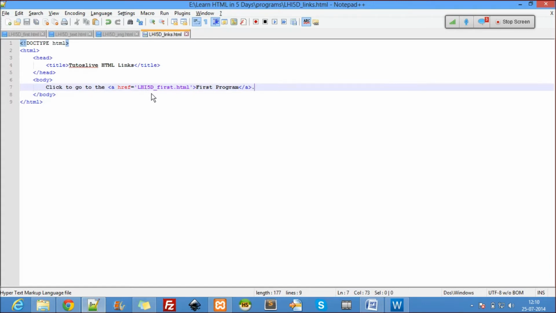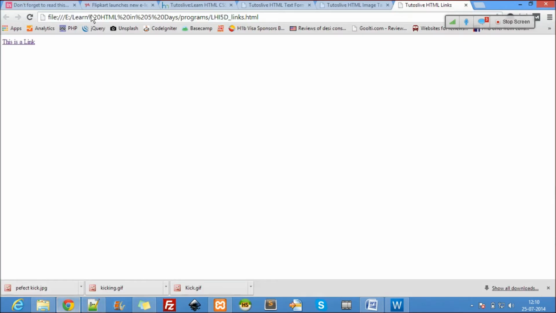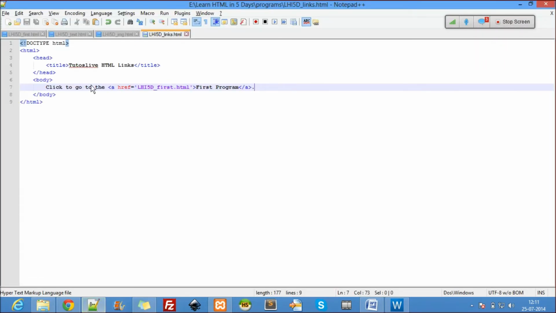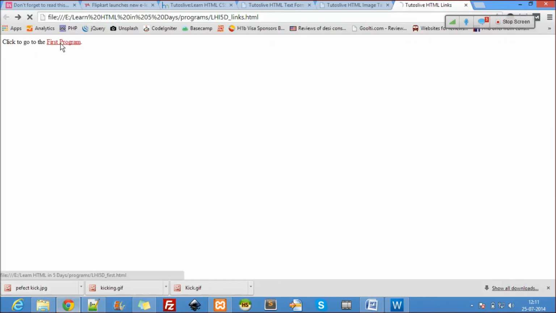Alright, let's just see here. I refresh this. Okay, it says click to go to the first program. I click on it, and it went to the first program. So I have to specify clearly where I should go when I click on this. That is what the href stands for. Href is a reference location. Where should I really go when somebody clicks on this particular link? You can see here, when I click on it, it's going to that particular program.